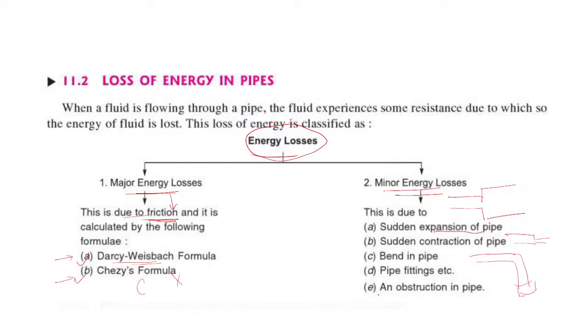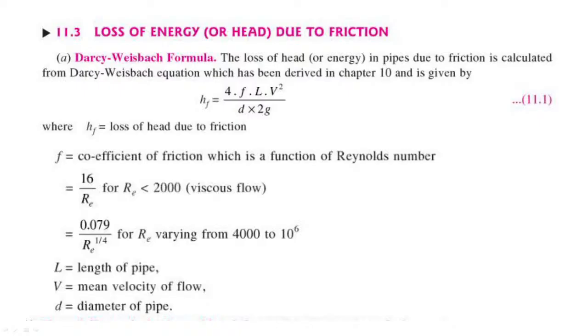Okay. Then the last one is any obstructions in the pipe. So maybe you are keeping something in the pipe, so that becomes an obstruction. So these are the factors coming under this minor loss, right? Now let's see how to identify and how to calculate the loss due to